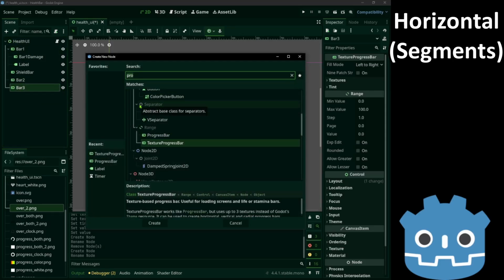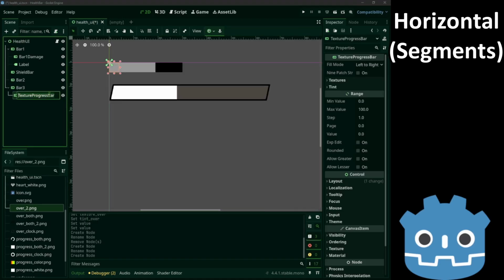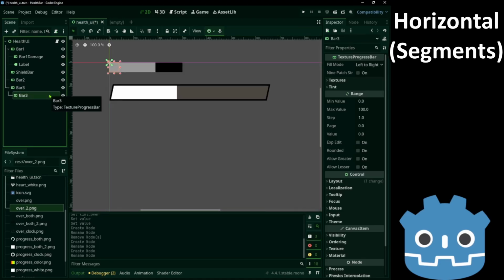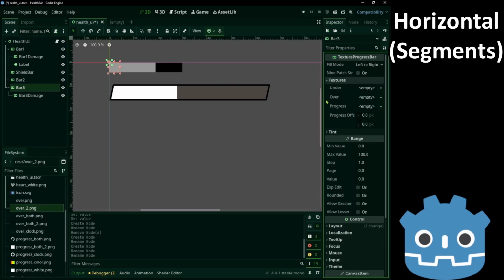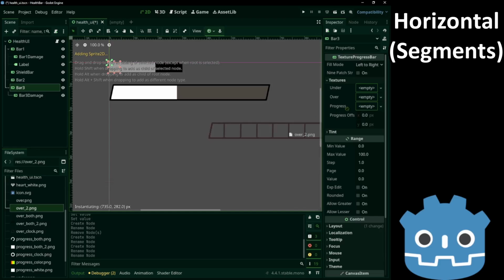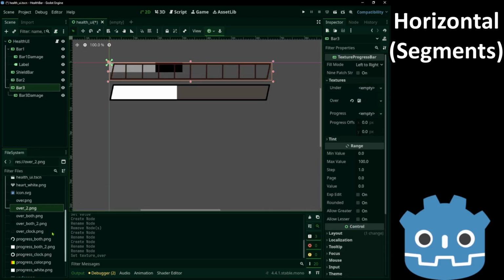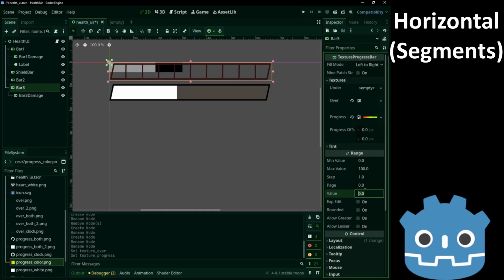And we'll also add damage indicator, just like before. Now, over here we only need the over and the progress. Progress color. Now if we increase the value, we can see that it goes based on segments.